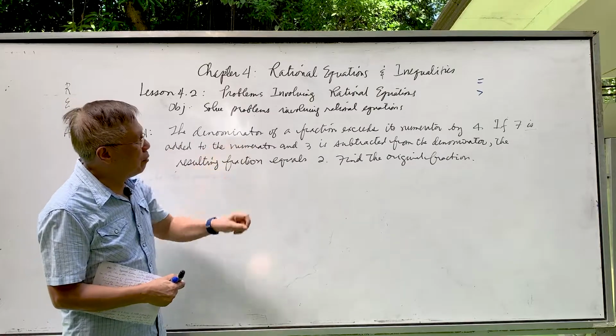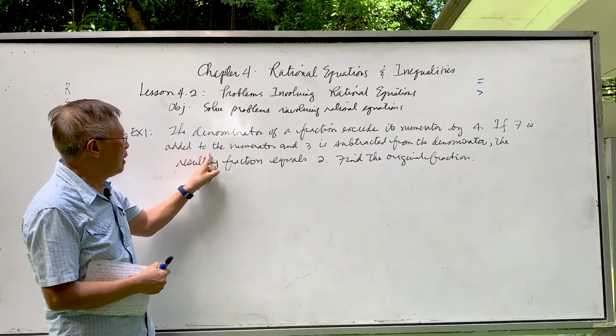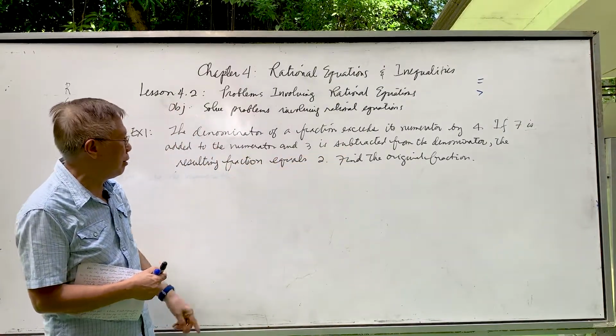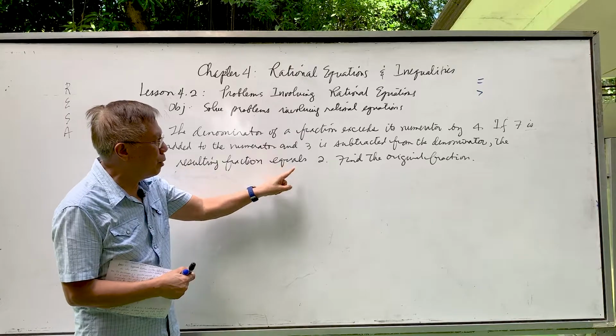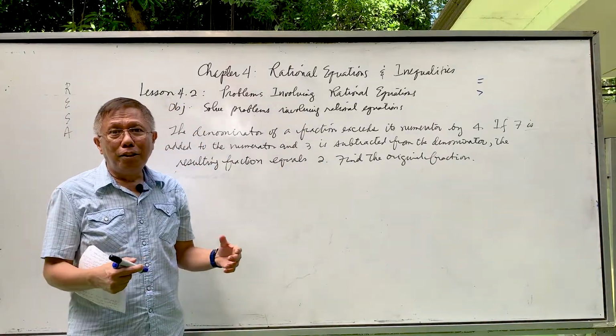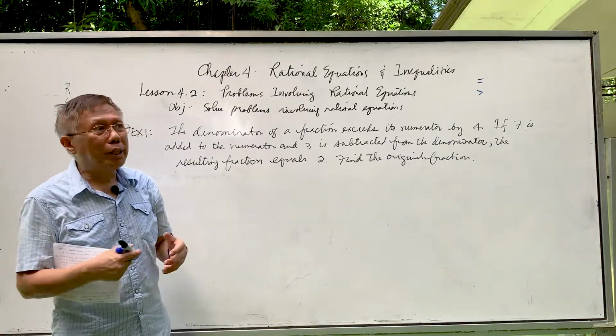The denominator of a fraction exceeds its numerator by 4. If 7 is added to the numerator and 3 is subtracted from the denominator, the resulting fraction equals 2. Find the original fraction. In any word problem that you will encounter, you have to identify what we term as